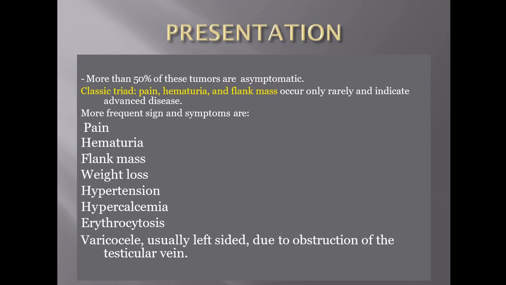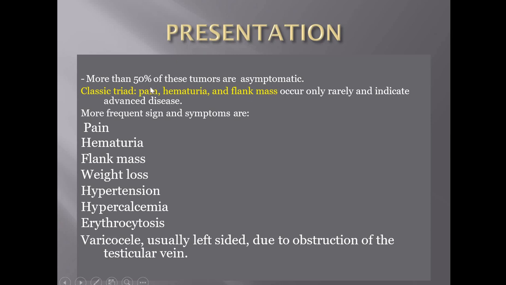Now, how do these renal cell carcinoma patients present? It's a classic triad. One is the patient can have pain, the renal pain, which can be like how I told you for renal stones, a loin to groin pain, or a chronic pain in the lumbar region. So that is pain. Second, the patient will have hematuria, and when you palpate, there will be a flank mass in the lumbar region. You will typically see a mass. So this is the classic triad.